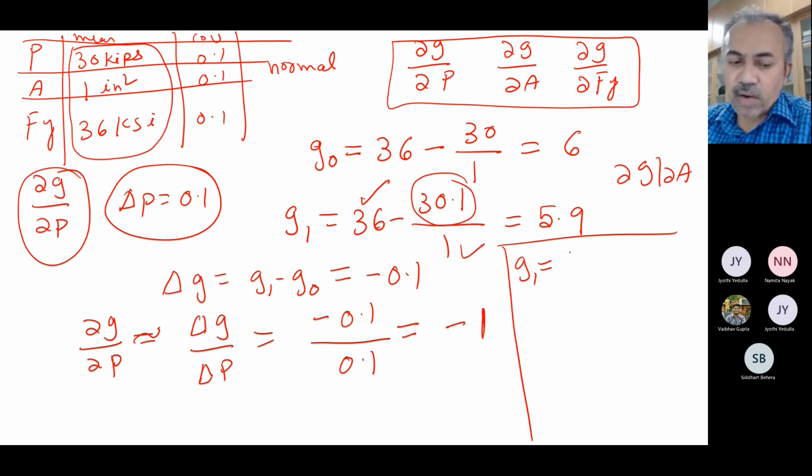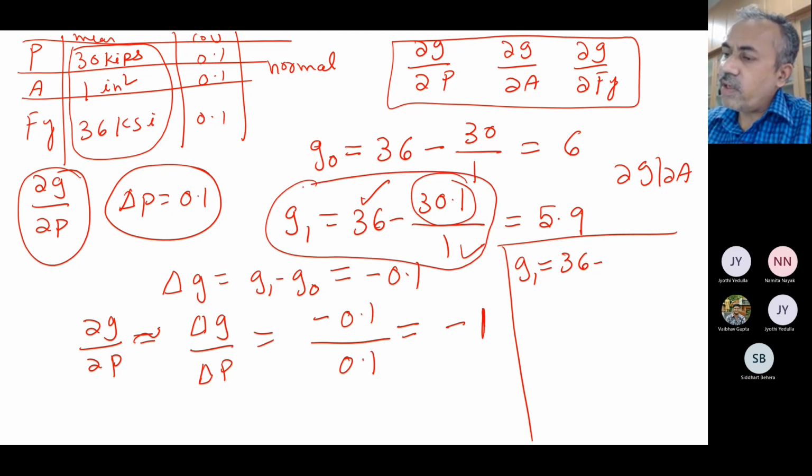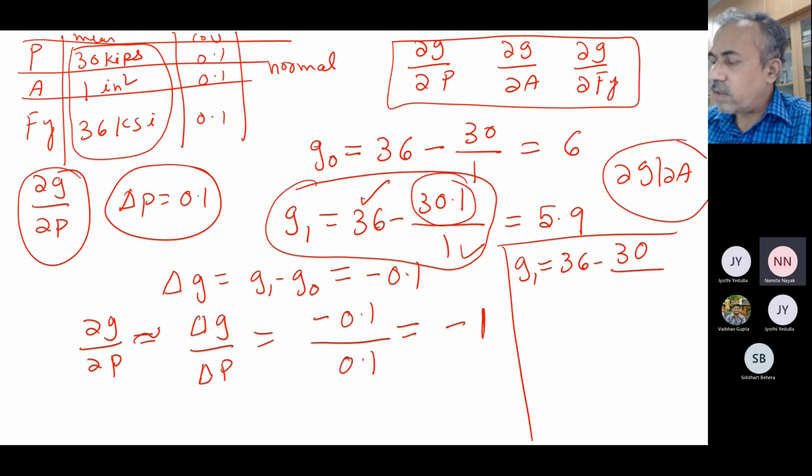Now what do we have to do if I want to calculate any derivative? What do we have to do in this fundamental expression? Here to find out ∂G/∂P, we have given a perturbation to the load actually. So if you want to find the derivative with respect to area, what you have to do is give a perturbation to area. Fantastic.